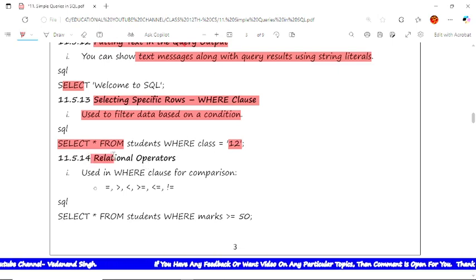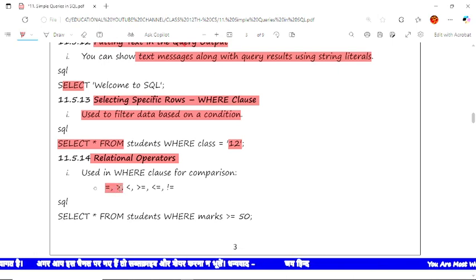Now, relational operators. See what a relational operator is. These are used in the WHERE clause for comparison. Simply, relational operators are used for the purpose of getting data on the basis of comparison. Suppose this is equal to, greater than, less than, greater than or equal to, less than or equal to, and not equal to.